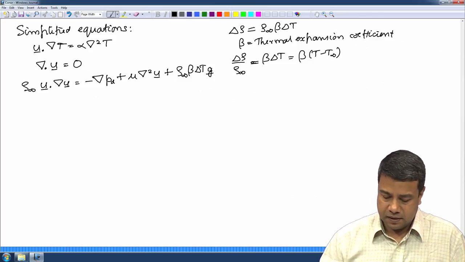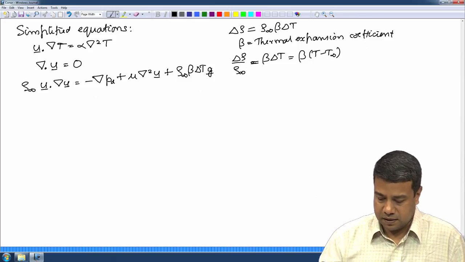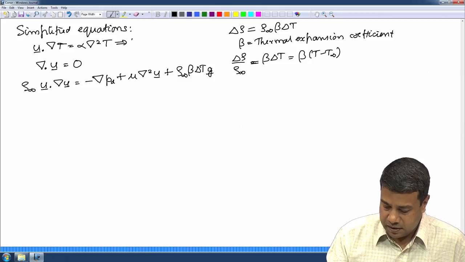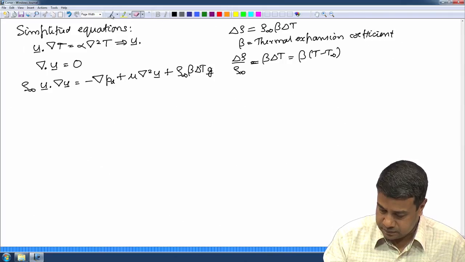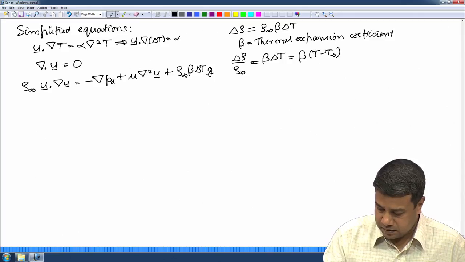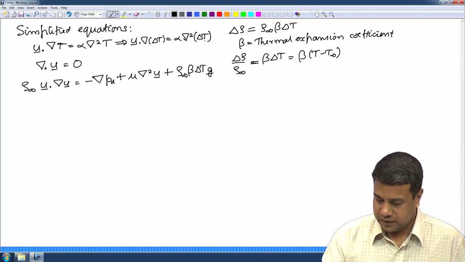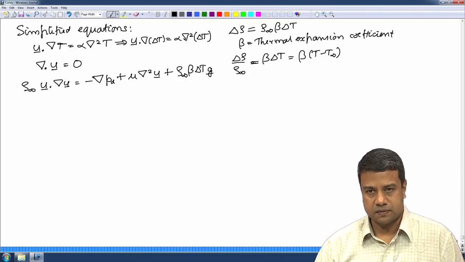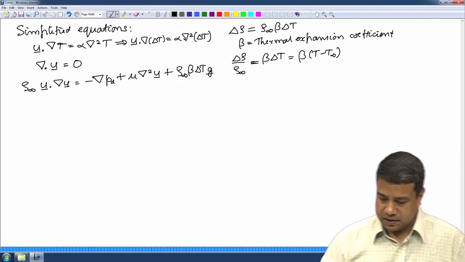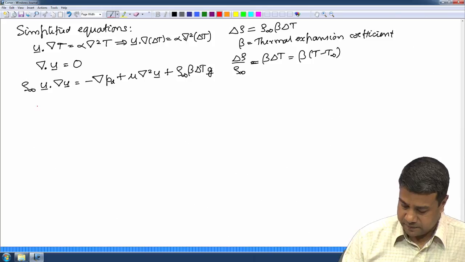And rather than write the mass conservation equation this way, I can also write this as u dot grad, because delta T and T differ only by a constant. So, when I take the gradients, those will all go to 0. So, these are what are called the Boussinesq equations